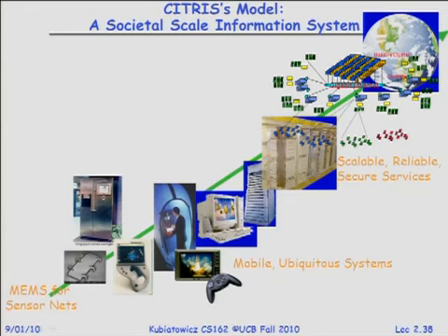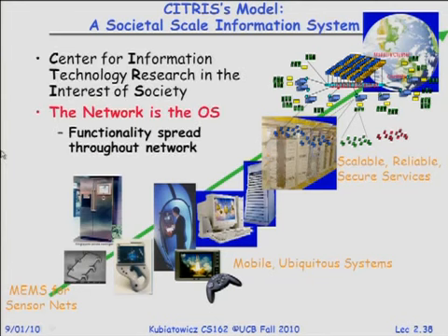And this is sort of the Citris model. You know about the Center for Information Technology Research in the Interest of Society. That's the new building next door. Their view kind of is the network is the operating system. Okay. And of course, there's another view,